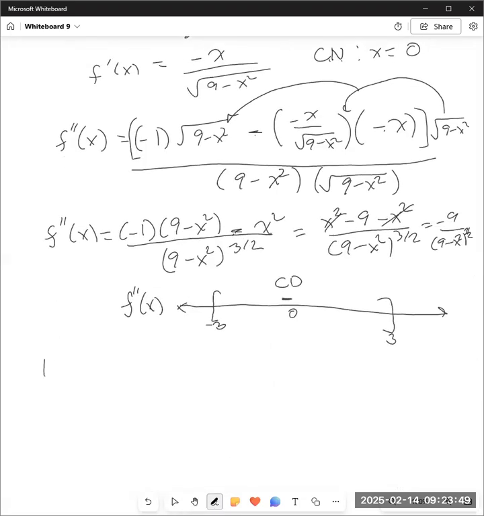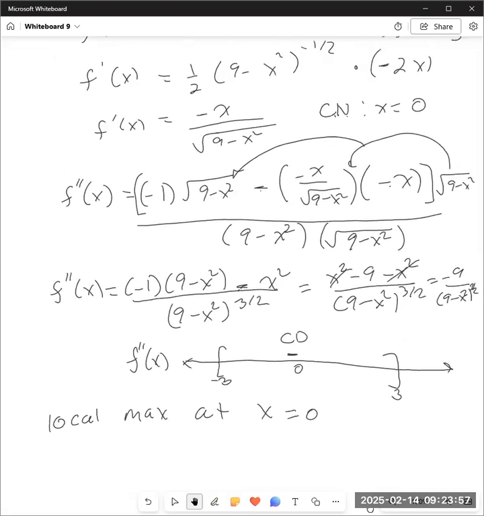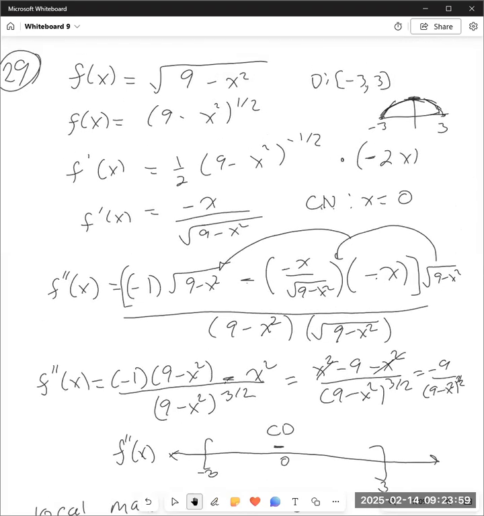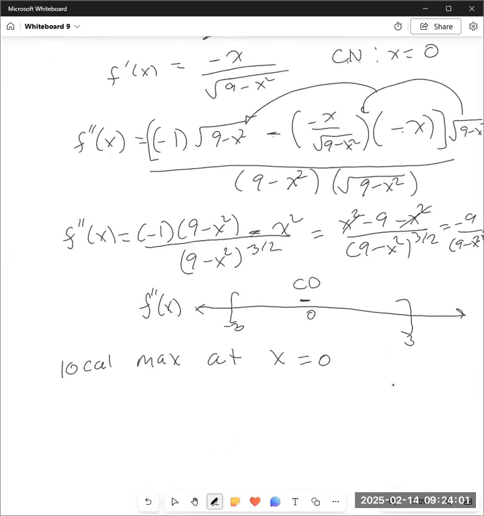There's a local max at x equals 0, my critical number, and f of 0 is the square root of 9 minus 0 squared, which is equal to the square root of 9, which is 3. So there's a local max